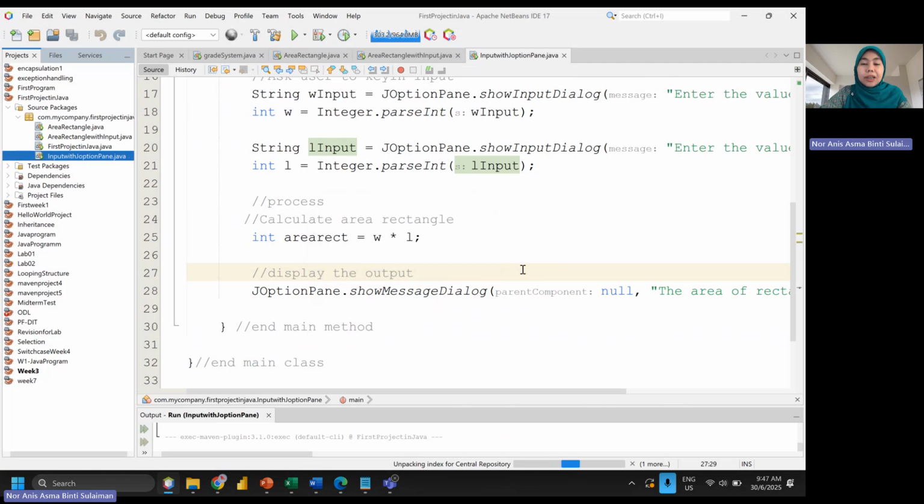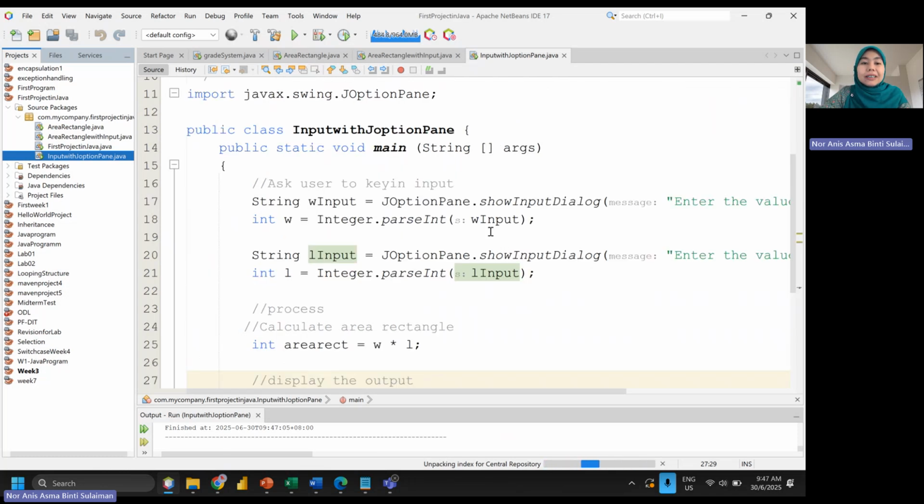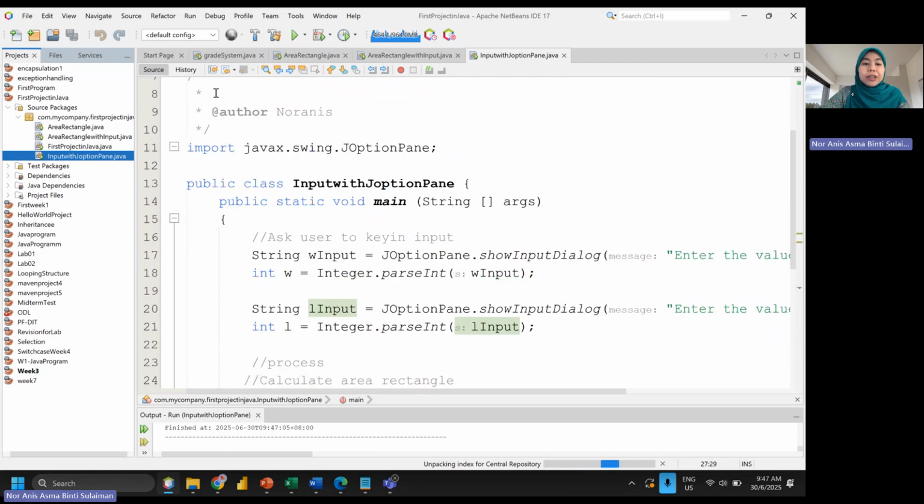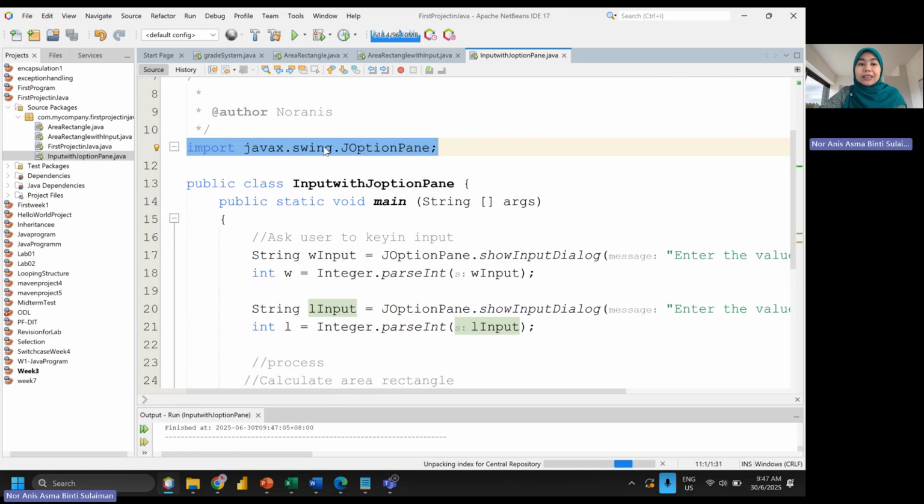So this is a simple way to get input using a simple interface, which is under JOptionPane. Let me repeat the structure of JOptionPane. First of all, you need to import the library javax.swing.JOptionPane.